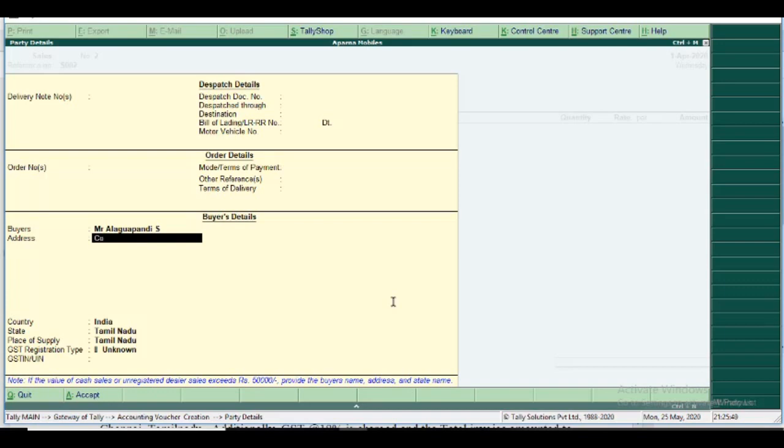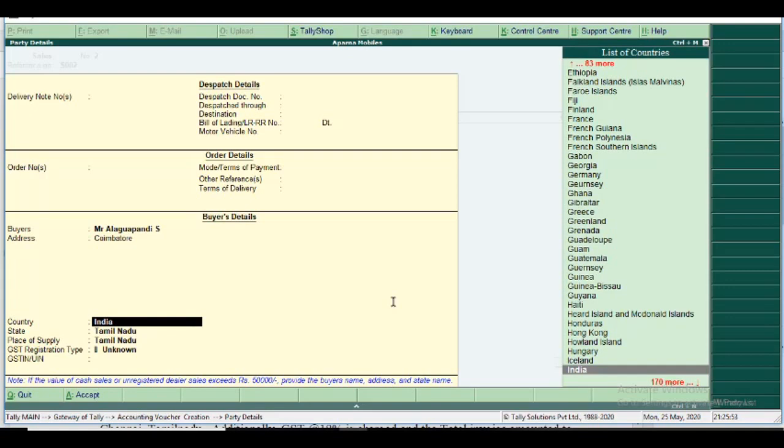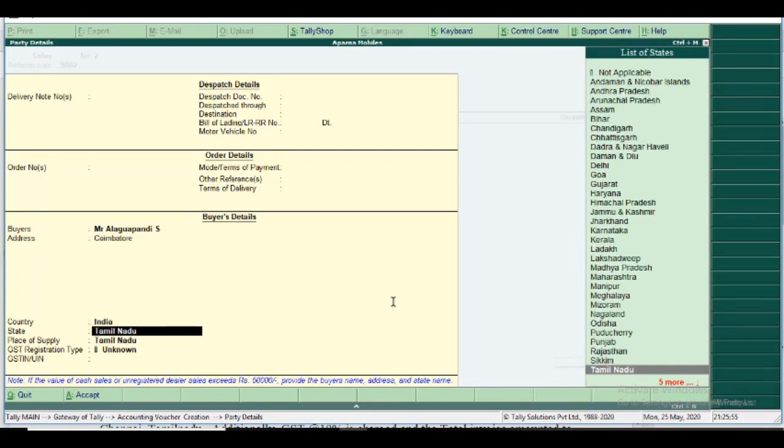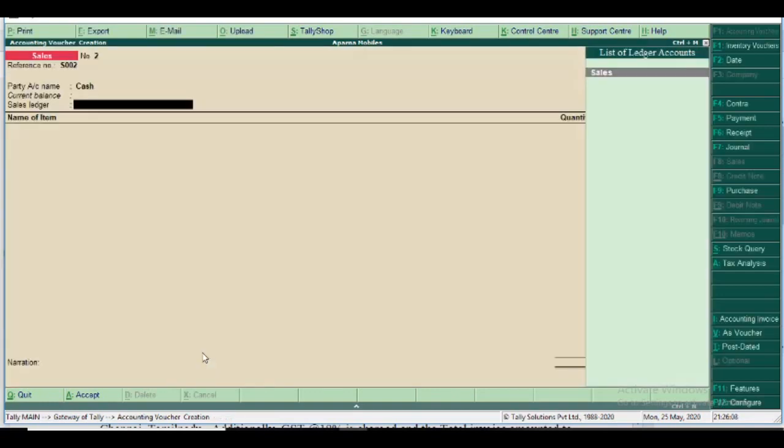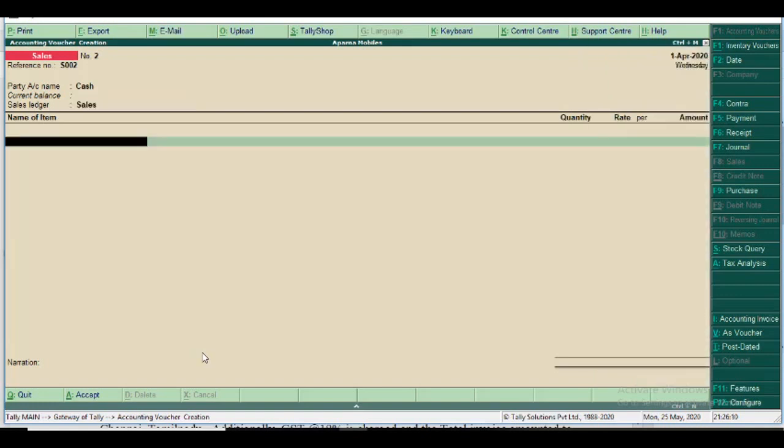The address is Coimbatore. The country is India. State Tamil Nadu. Place of supply also Tamil Nadu. Registration type, Alagubandi is an unregistered dealer or consumer. Okay, it's a consumer. The sales is a sales ledger.